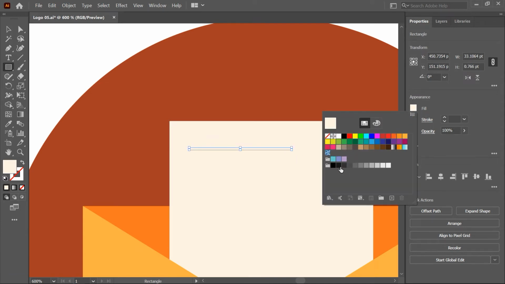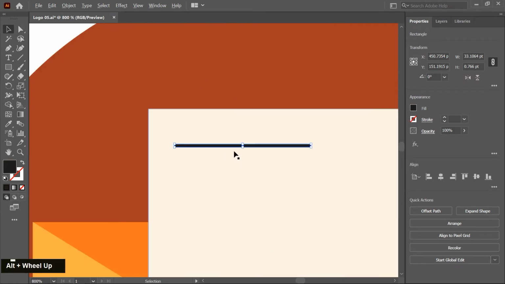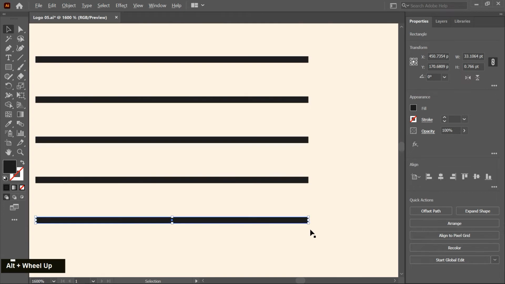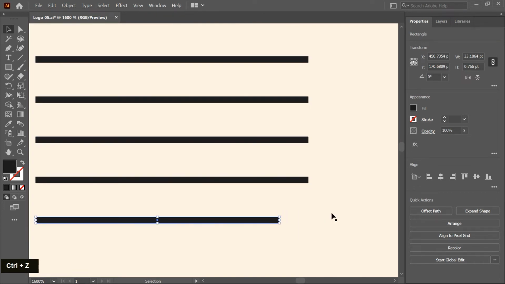So I choose this color, switch to the move tool or selection tool, and then create a duplicate copy, press the shift key to align from the center, and then press Ctrl D to repeat this step. In the left side reduce the length. It provides some variations.